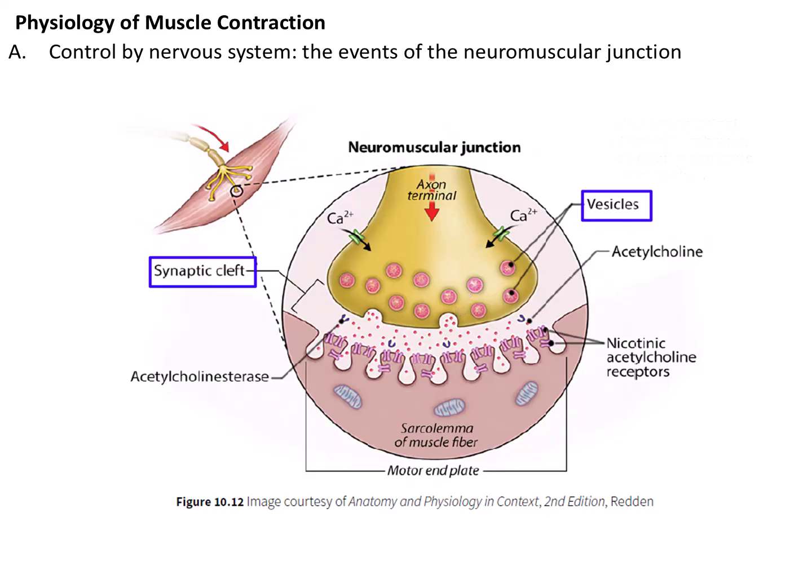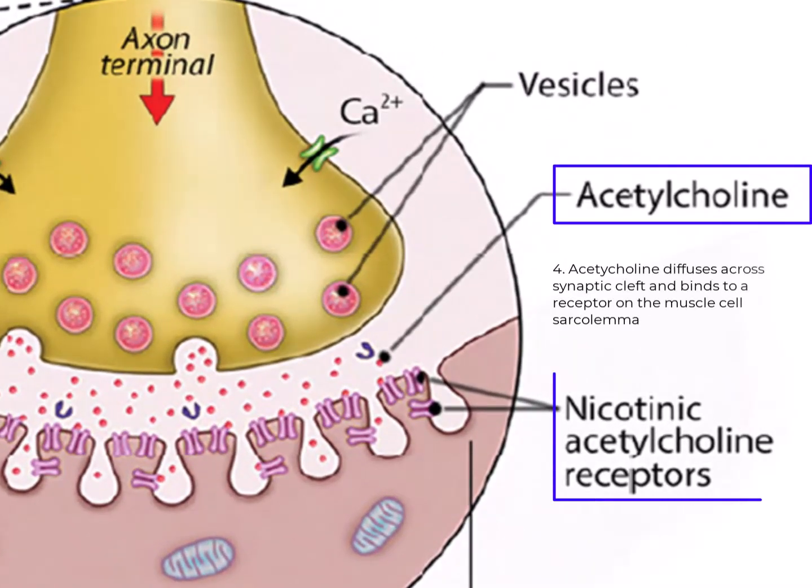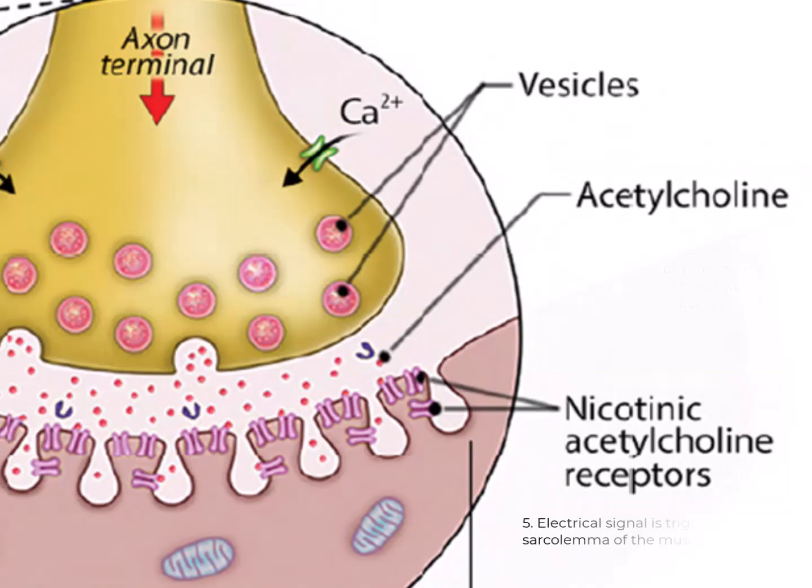Once acetylcholine is released, it travels across the synaptic cleft to receptors on the surface of the muscle cell membrane. The receptor is another channel protein, which then opens and allows sodium ions to enter the muscle cell. They are also moving from an area of high concentration to low concentration. This movement of sodium into the muscle cell triggers an electrical signal that then travels across the sarcolemma and enters